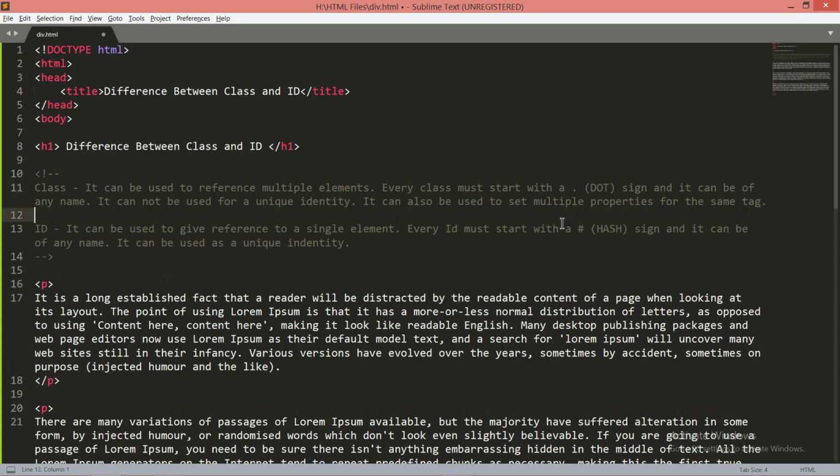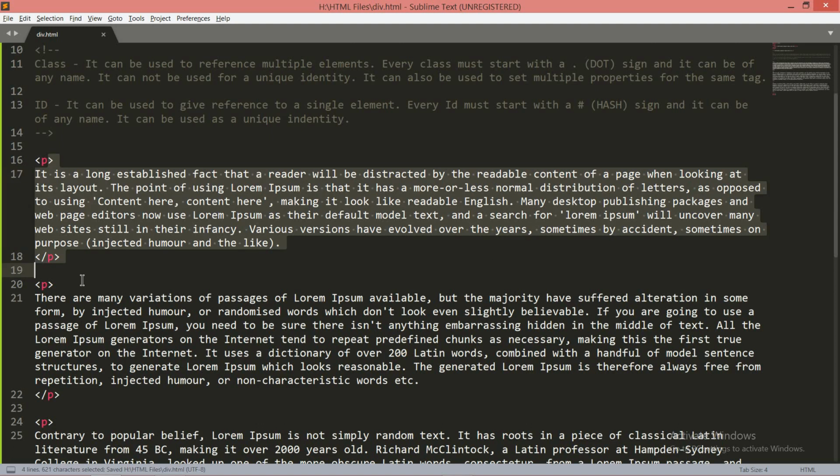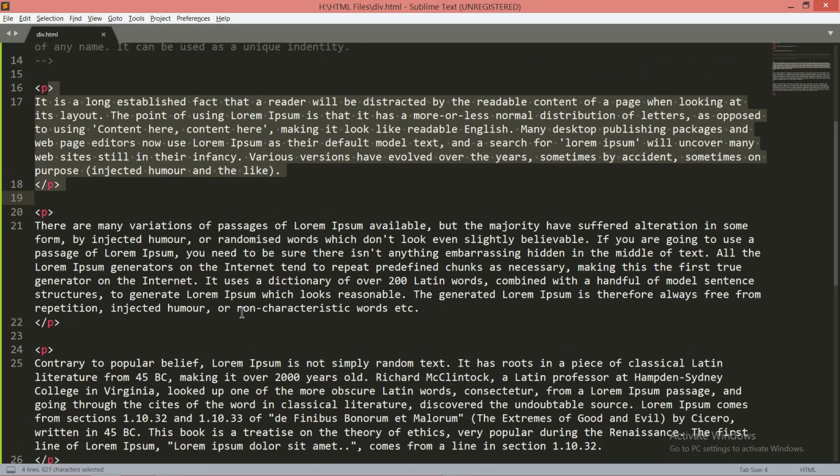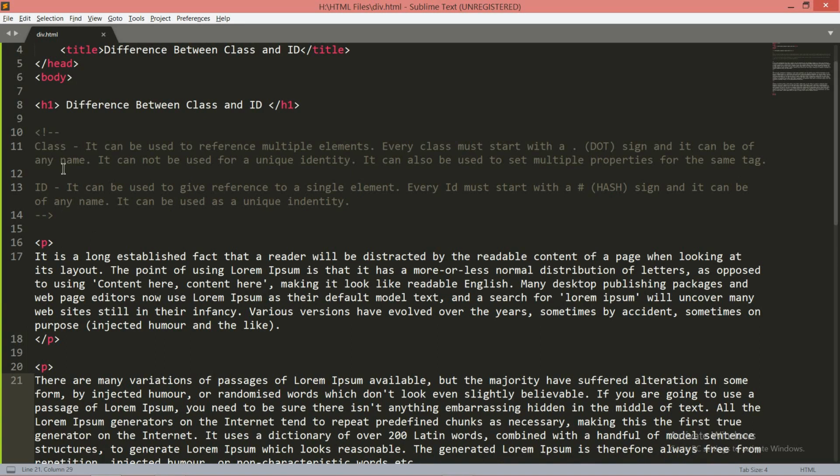This is the main thing: class can also be used to set multiple properties for the same tag. As you can see, we have 3 paragraphs, but I want to set different properties for the same tags. There we need the properties of a class.